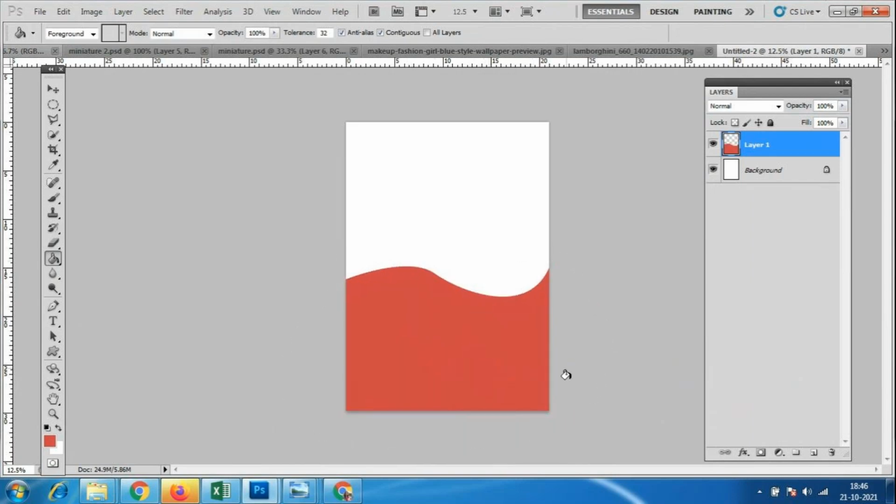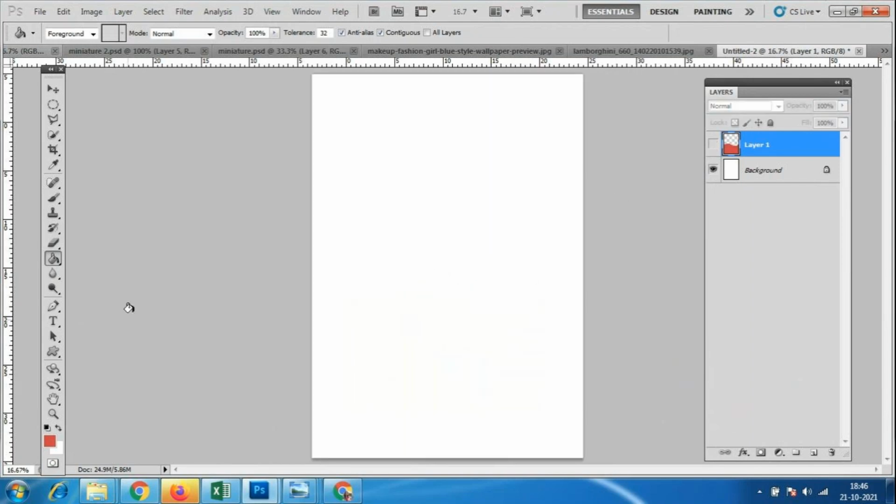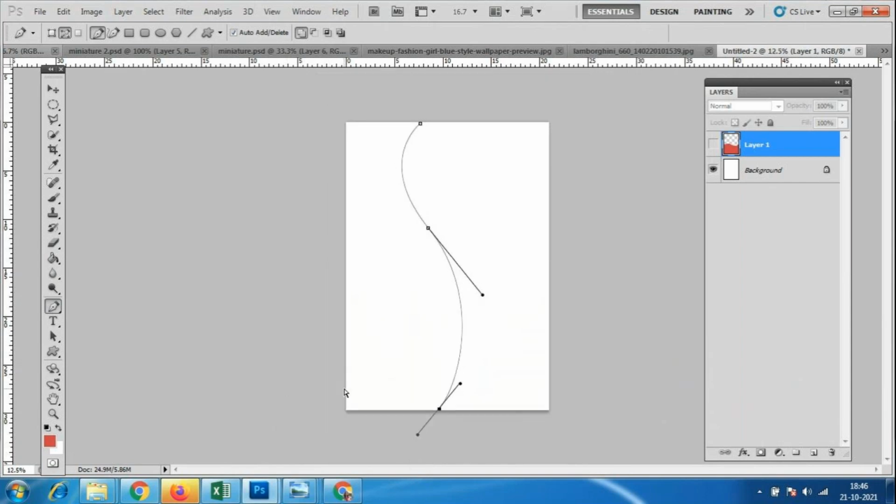Okay. So to create shapes, we have to use the pen tool. So what we have to do first, I'll select one point over here, one point, and I'll select one more point over here, and I will not leave my mouse, and I'm making a bend. So how much ever area I want, I'll make it bend. So if I want to create a design, at that time I'm using this option. And so look at here. Now I'm selecting where I have started. So there itself I'm joining.